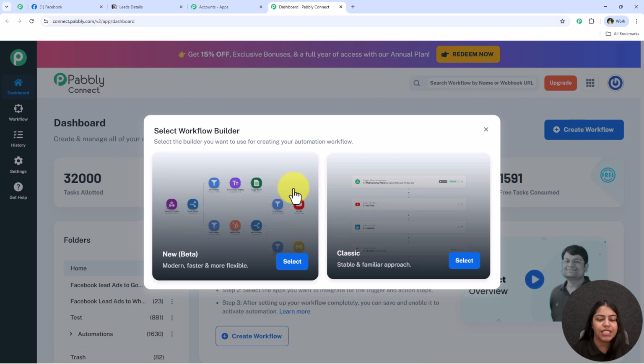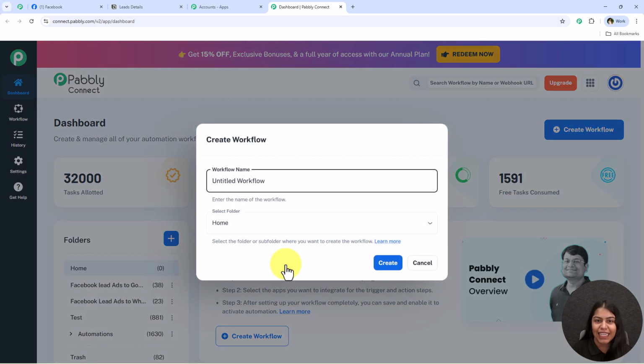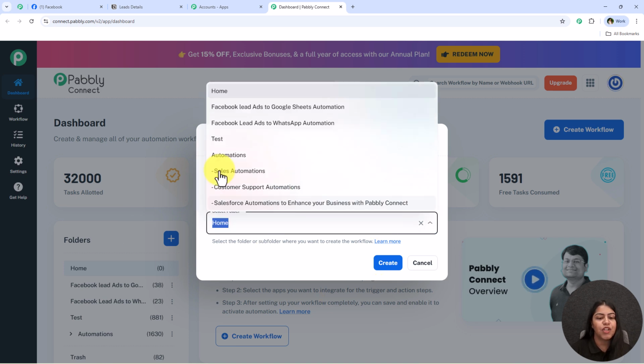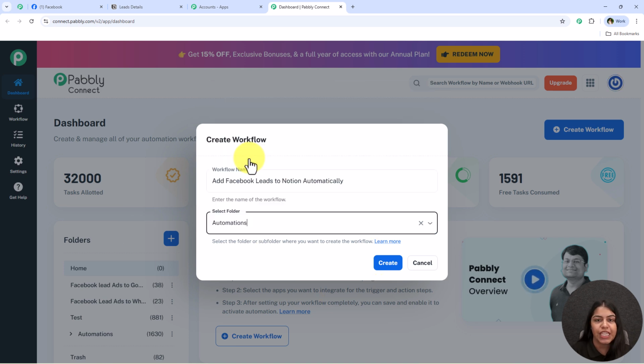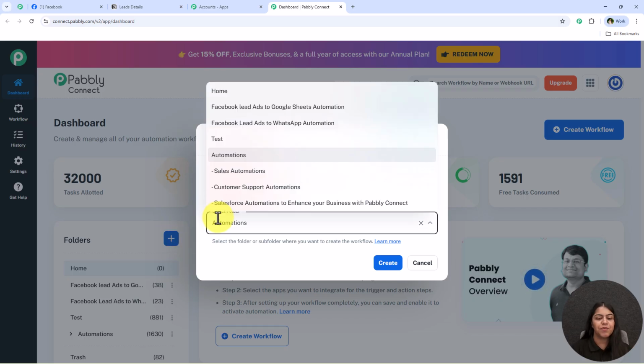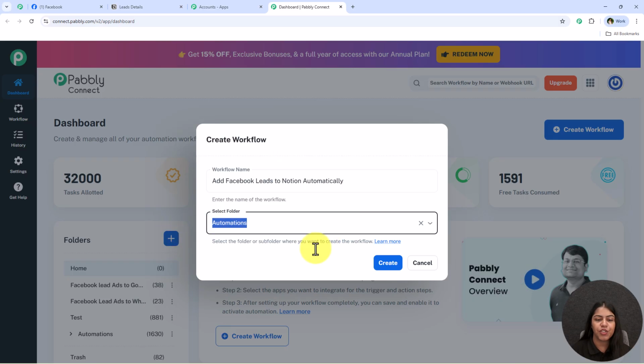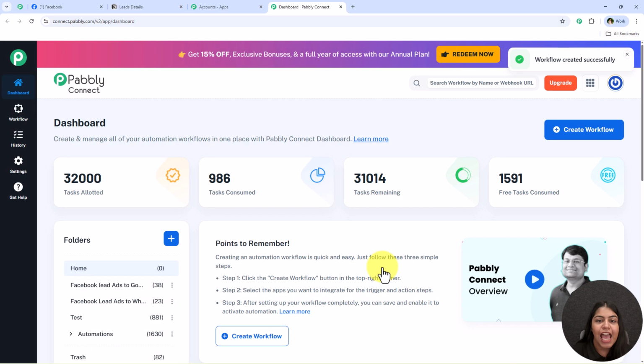I'm just going to use the new one. Now I'm going to enter the name of my workflow right over here, which is add Facebook leads to Notion automatically, and then I'm going to select the folder in which I want to save my workflow. If you also want to create your own folder, you can simply go towards this create folder button and create a new folder. I've already created multiple, so I'm just going to save my workflow in one of these only, which is automations. And now I'm going to click on this button which says create,